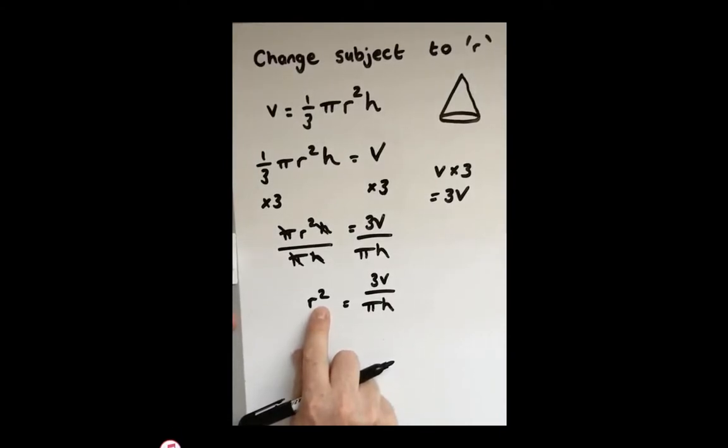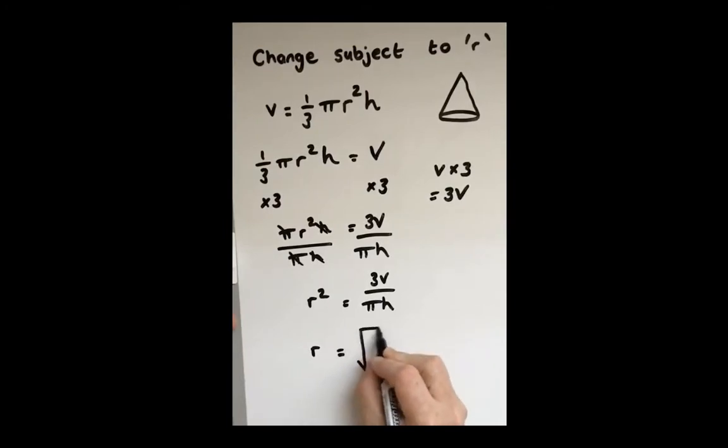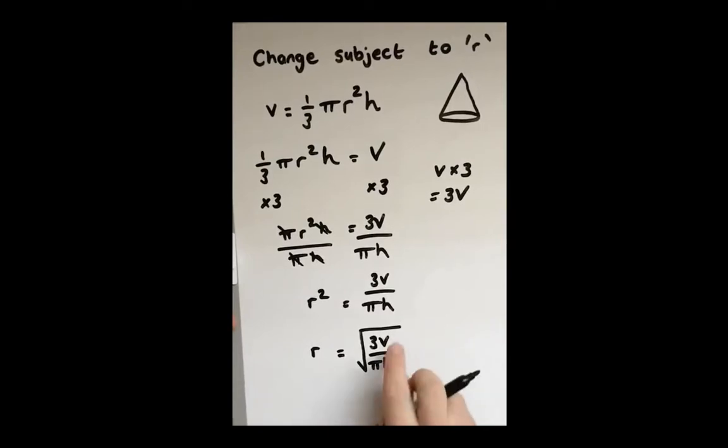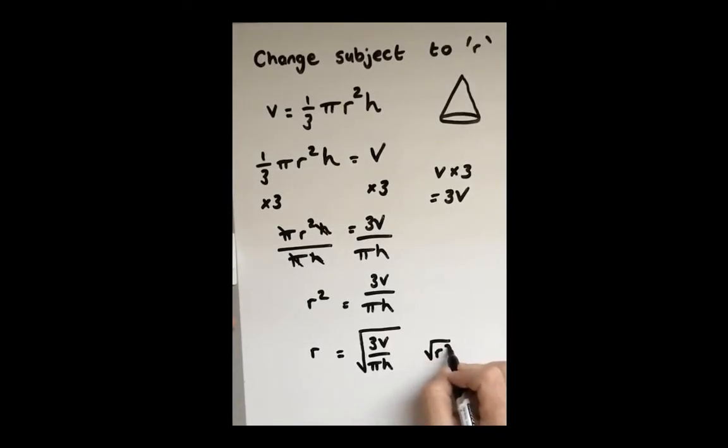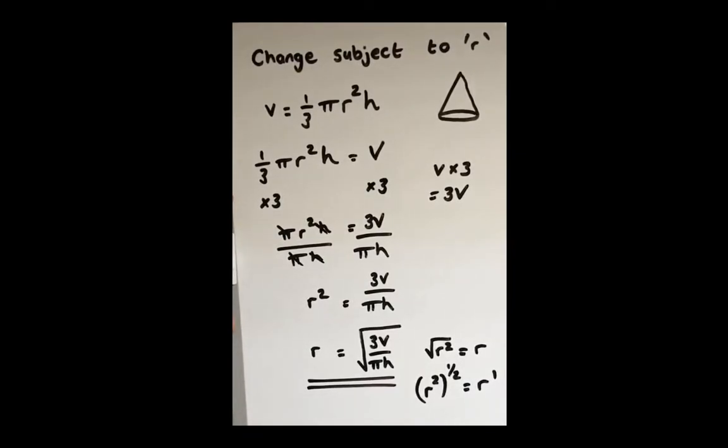The inverse operation of squaring is square root. So the square root of a square is the inverse, so that cancels each other out. Make sure that square root symbol is all over that 3v and pi h. So there you have it. Radius equals the square root of 3v divided by pi and h. Square root of a square